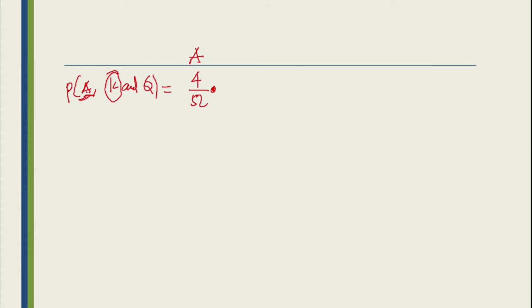Why? Let's go again. First is 4 over 52, and we did not replace it, so the event of king is still 4, but we did not replace the ace here, so the sample space will be affected. The next is we need to get the queen. Since the event queen would not be affected by the king, this is still 4, and since we did not return the card, the sample space will be affected. So 4 over 52 times 4 over 51 times 4 over 50, the result is 64 over 132,600,